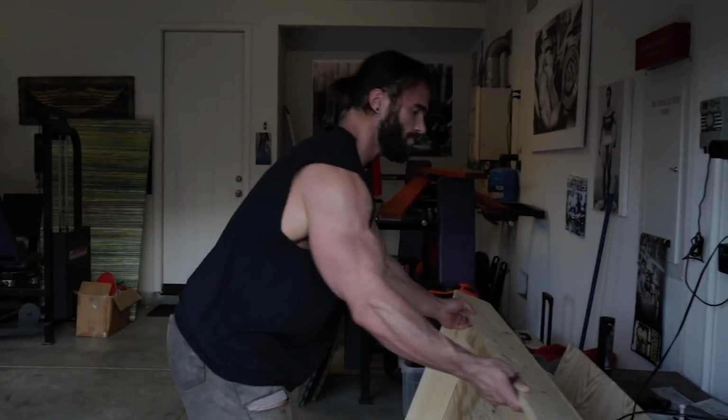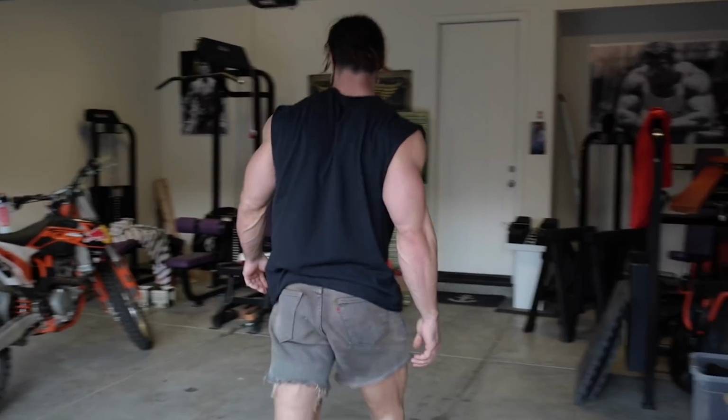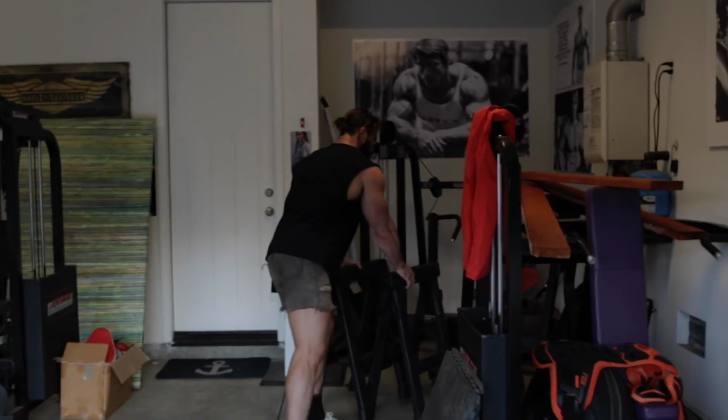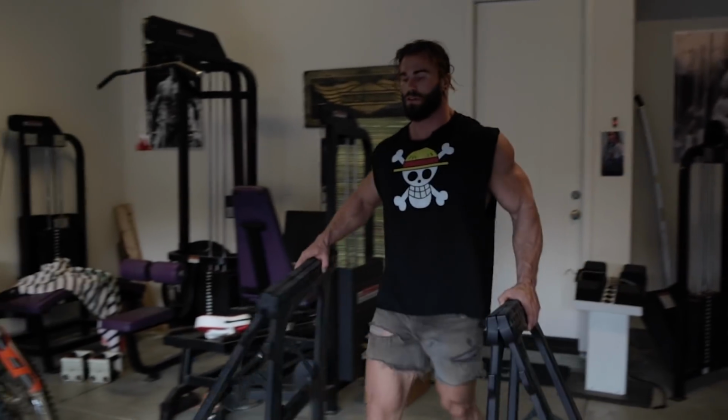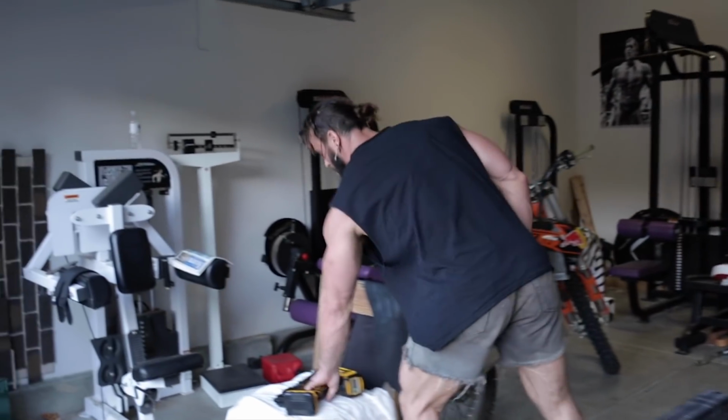That's that. Now, the last thing that I've been working on is these shelves that I'm going to put in on the green wall. And quickly, before I start on that,